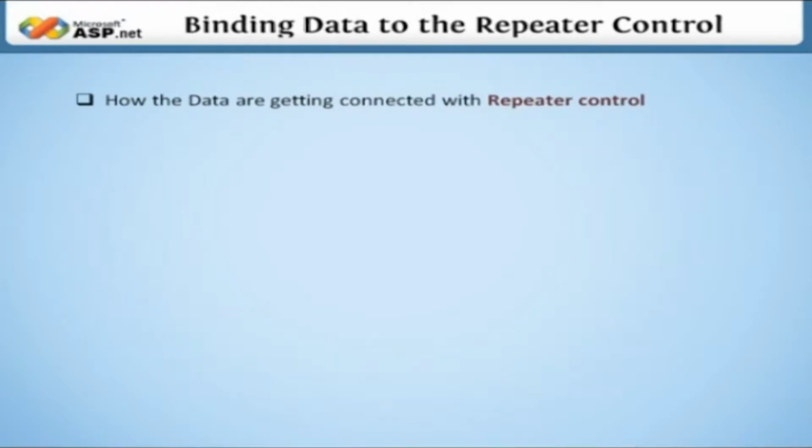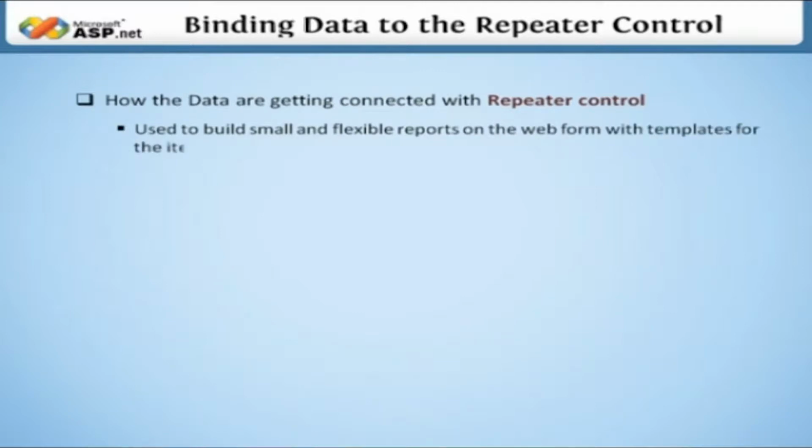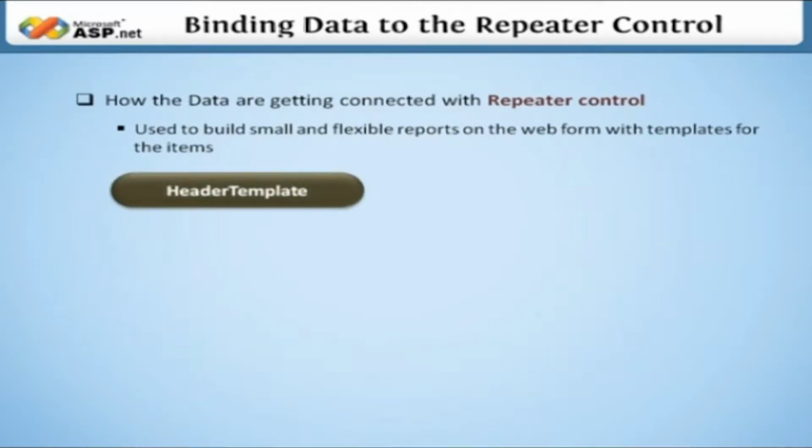Binding data to repeater control. In this lesson, we'll discuss how the data is connected with repeater control. A repeater control can be used to build small and flexible reports on the web form with templates for the items. Templates used in repeater control are header template, which can be used to create the header rows of the